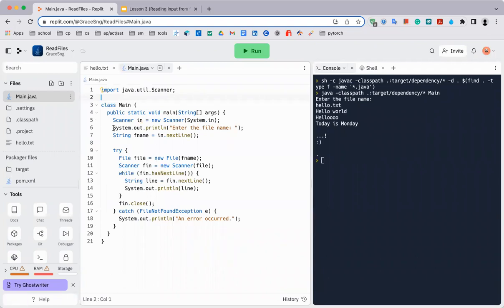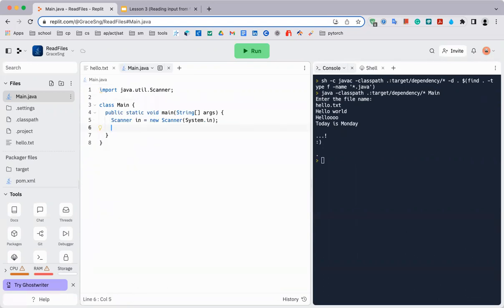All right, so I'm going to go ahead and clear some things. All right, and with the buffered reader object,